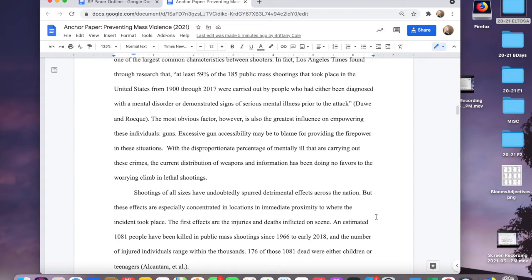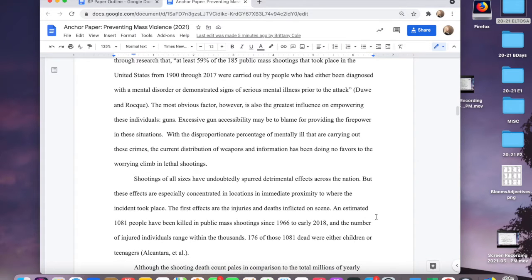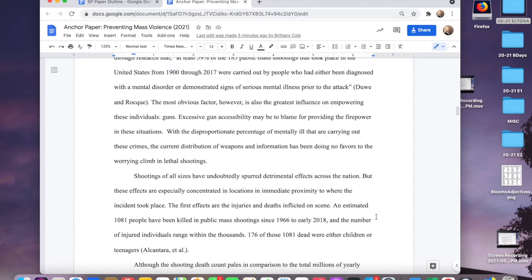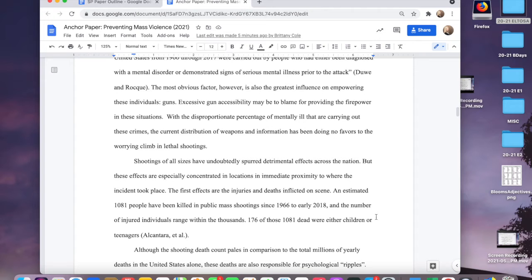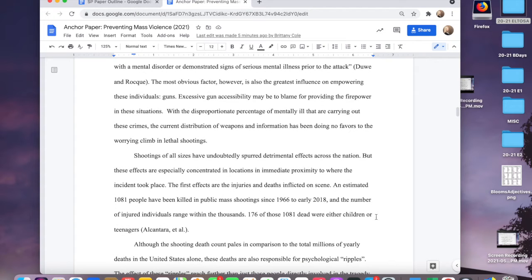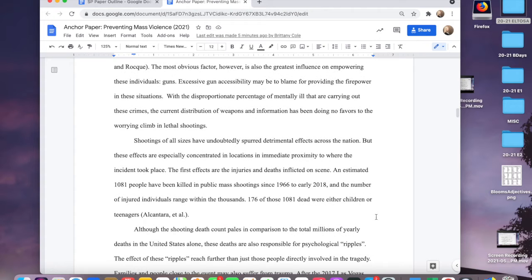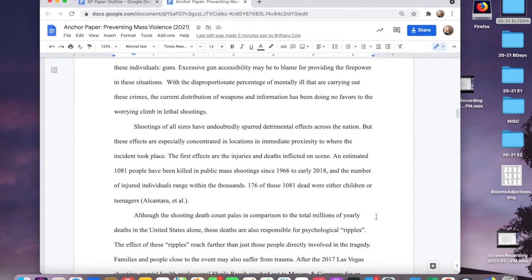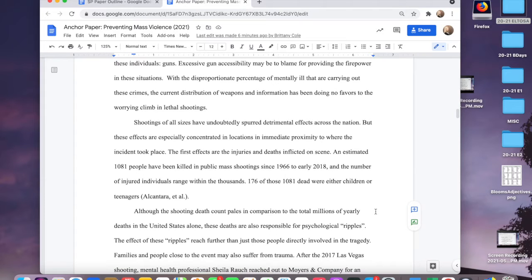The first effects are the injuries and the deaths inflicted on a scene. An estimated 1,081 people have been killed in public mass shootings since 1966 to early 2018. And the number of injured individuals ranged within the thousands. 176 of those 1,081 dead were either children or teenagers. Although the shooting death count pales in comparison to the total millions of yearly deaths in the United States alone,